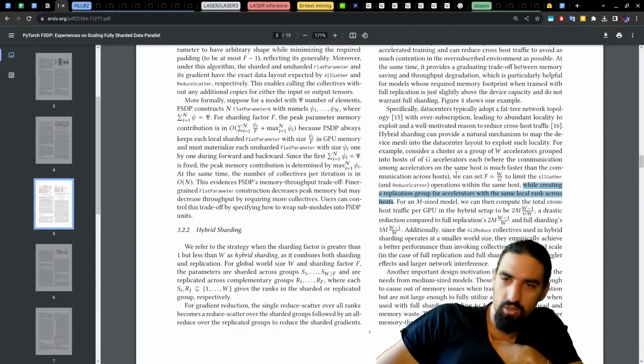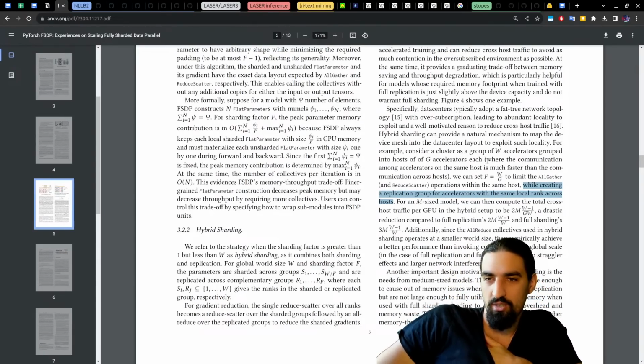So for example, consider a cluster as a group of W accelerators, like world size, grouped into hosts of G accelerators each. Okay, we can set this to this to limit the all gather and reduce scatter operations within the same host while creating a replication group. So if W is like 16 and G is like 8, which is the usual configuration, like you usually have these 8 GPU nodes, then we can set F to be equal to 2.